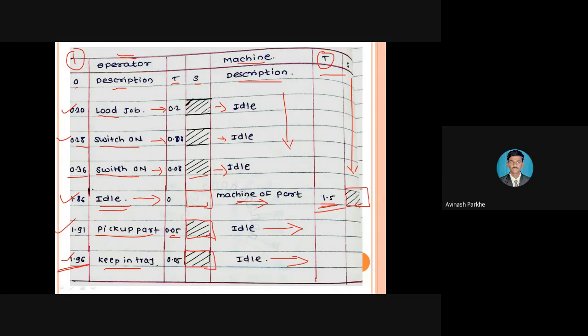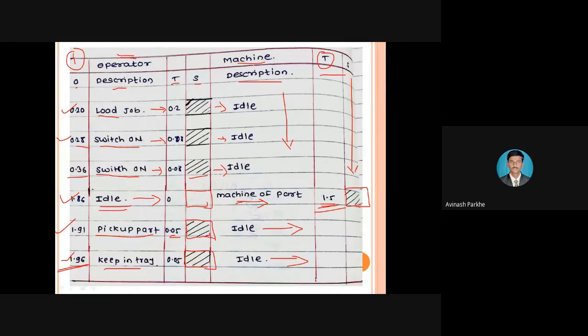So this is also one of the types of chart, called a multiple activity chart, in which the activity performed by the operator and the activity performed by the machine are shown simultaneously. For a single task, the operator is required, the machine is required, and the tasks performed by the operator and the machine for the single application are represented using this particular chart. Therefore, it is called a multiple activity chart. Also, it gives the idea related to the working condition and the idle condition of the operator and the machine.